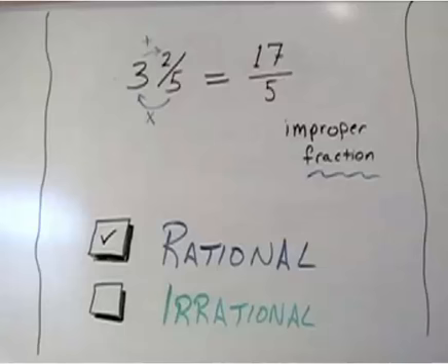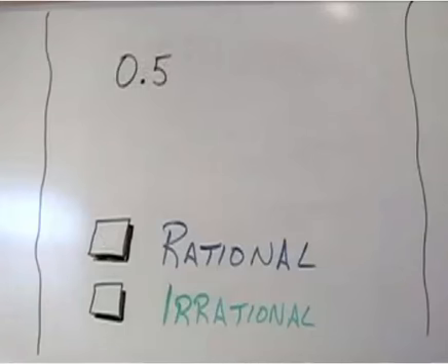Now let's take a look at a decimal. 0.5. Hopefully this is one you recognize. This is equal to a half. This is a rational number. Now what about a decimal that we don't recognize? Let's look at